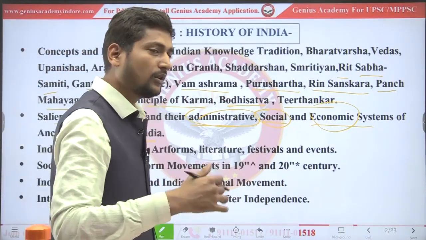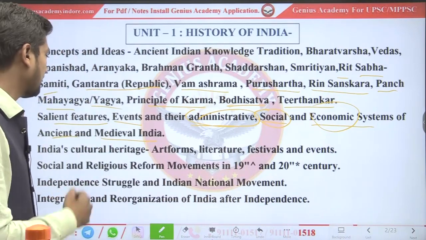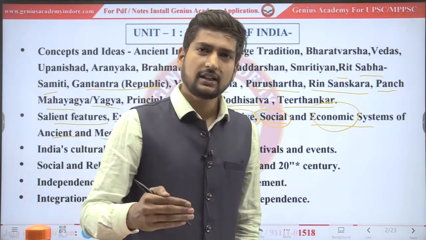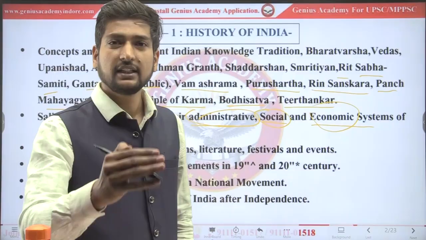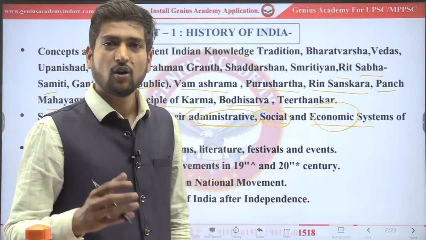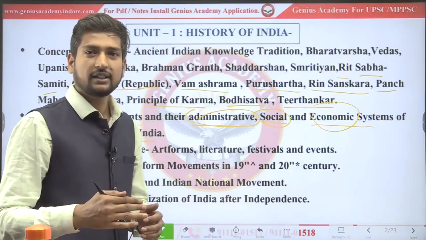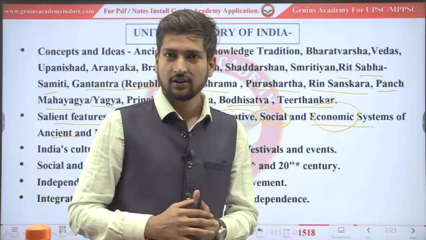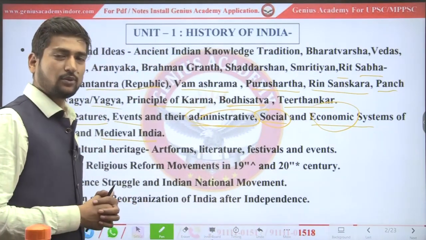And we also want to see the political system of the Mauryas, because at the time of the Mauryas, government is highly centralized. The whole power is in the center of the king. Whatever the king says, it's right. There is no power of a constitution. People have no rights. There is the rule of the king.